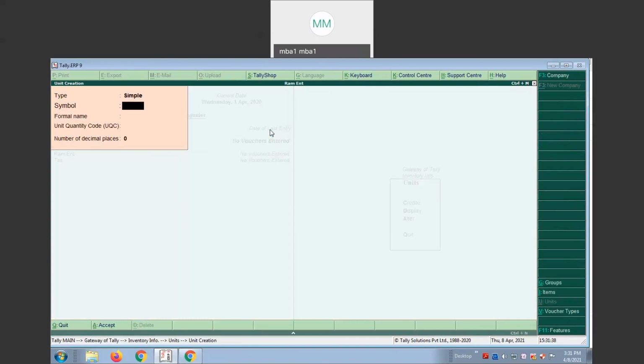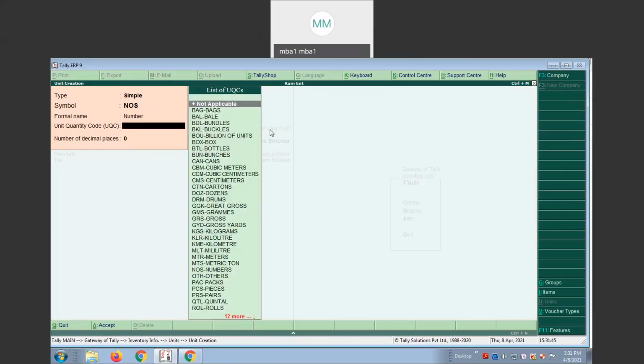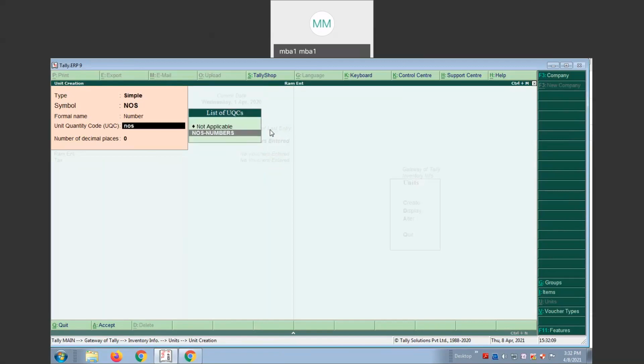See, now symbol is NOS, formal name is number. See here, earlier I had disabled GST. That's why the unit quantity code did not appear. In the GST-enabled software, the quantity code is inbuilt, so simply search NOS and it automatically appears.